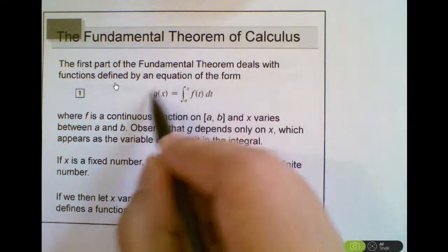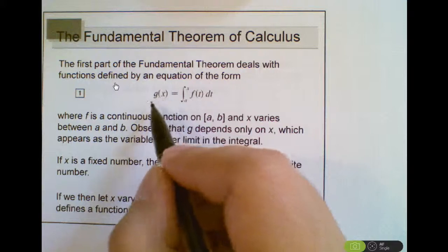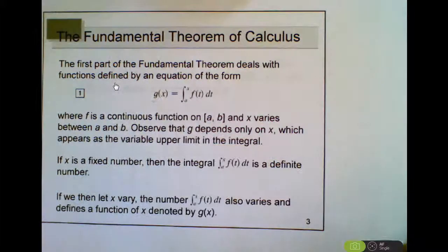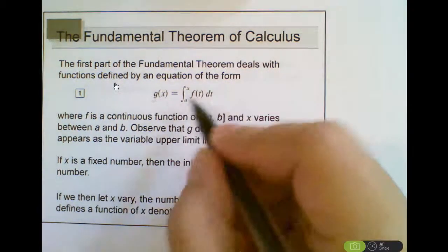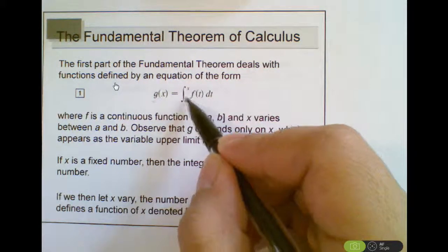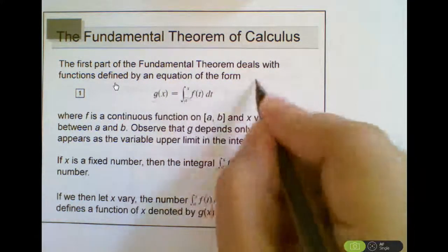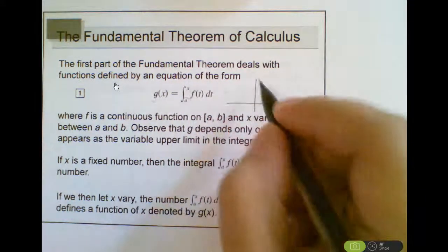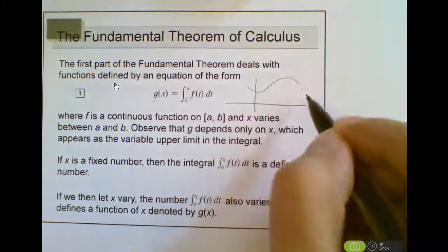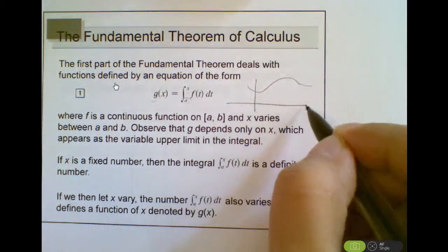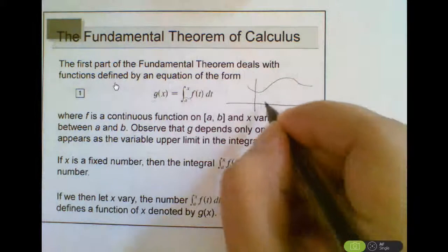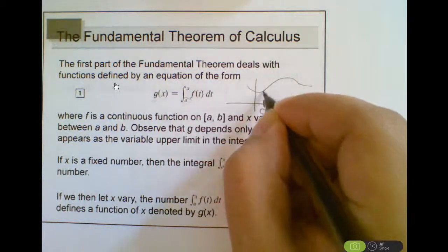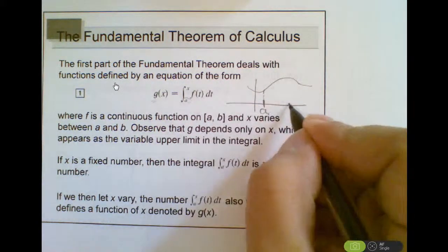I'm going to have a function that I'm going to call g of x. Remember that I could have chosen any other letter. Right now, let's just call it g, and then we're going to see what is a better name for this function. So this function is actually the integral for some fixed number a. I'm just going to make f positive right now, but you will see that this is also true for functions that are negative. From some number that I pick, a, all the way to x,